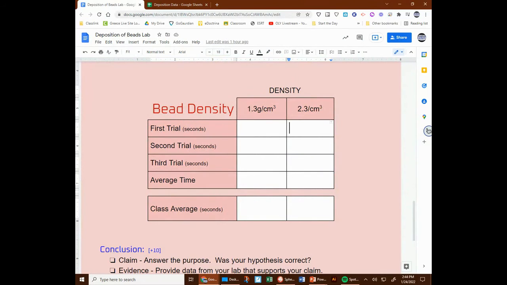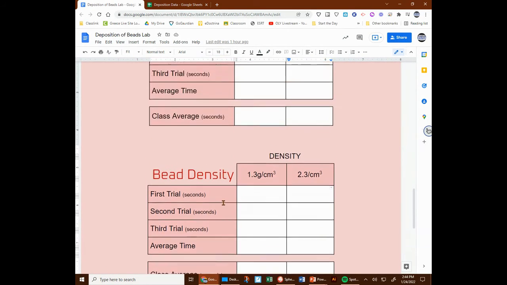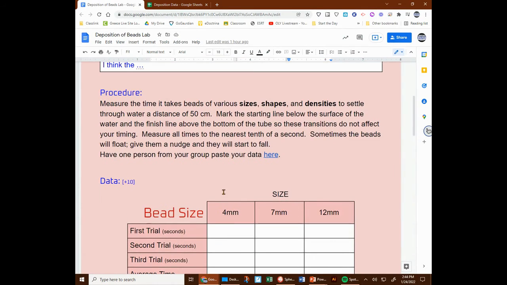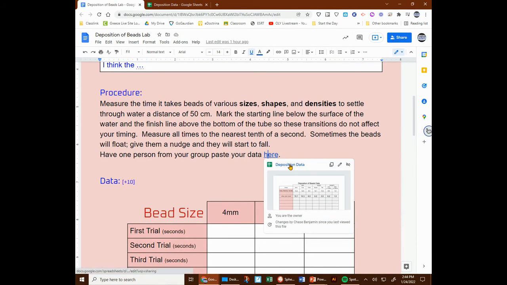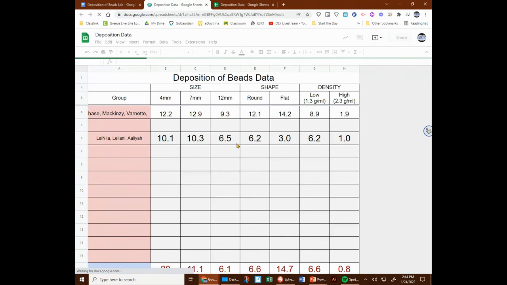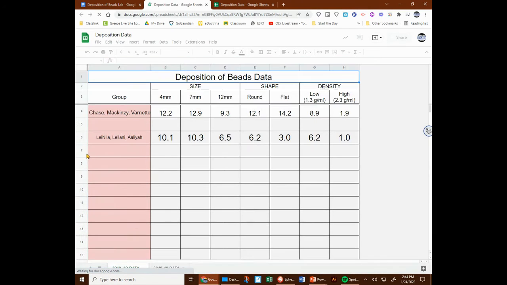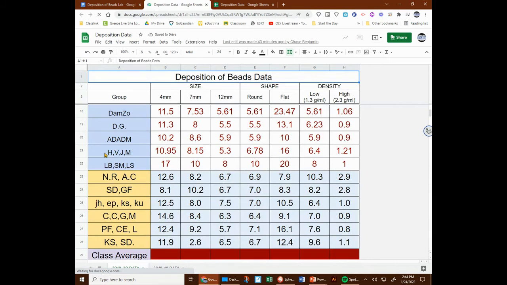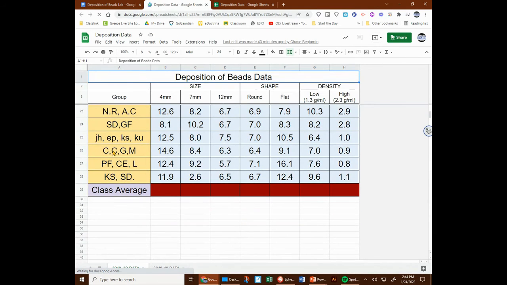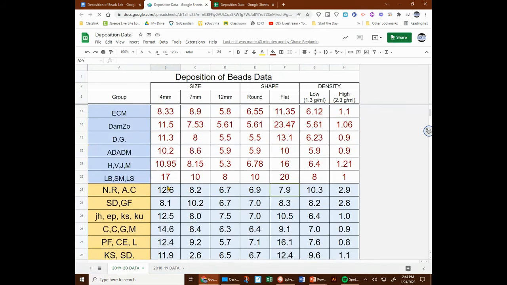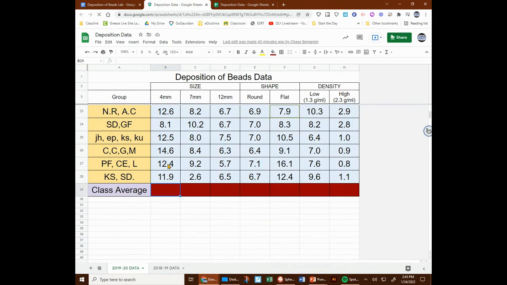So now we have all of our data charts filled out except for the class average for the density, the shape, and the size. In class, we had students put their averages on this data sheet. We still have some groups left to go, but we can use this data to find out what the class average is. Instead of adding all of these up and dividing by how many there are,